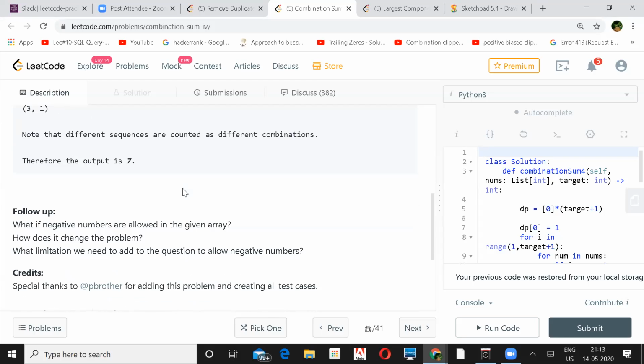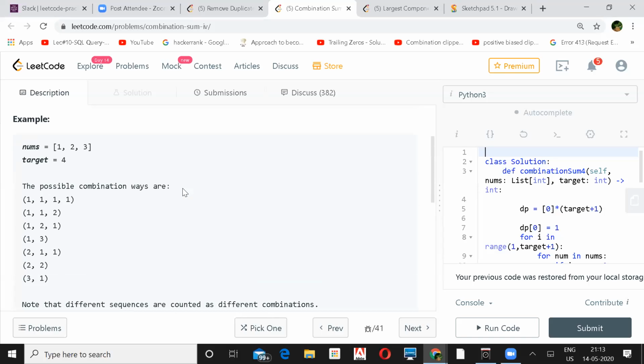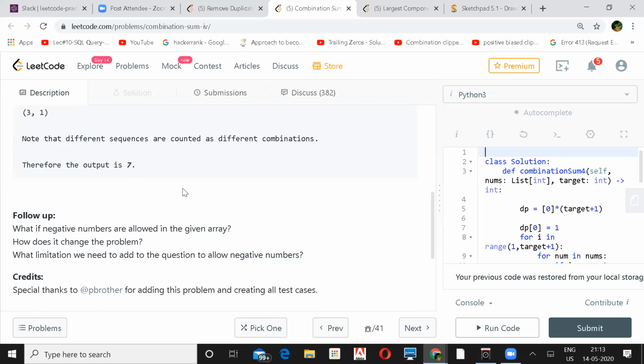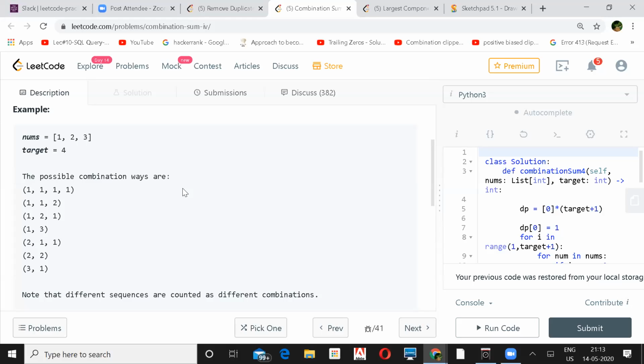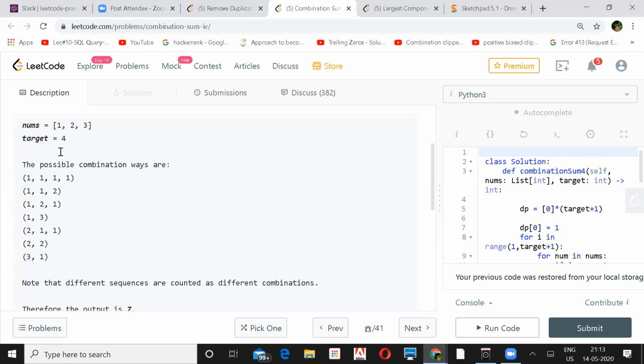If negative numbers are allowed, actually for me it looks the same, right? The target is the sum, 4. So if you have negative numbers, you will still achieve the same target. Target is not the sum of the array, right? No, what I'm saying is when you're finding a combination, you need to sum up to that target.